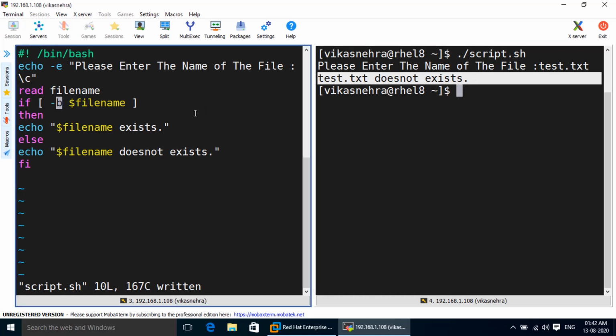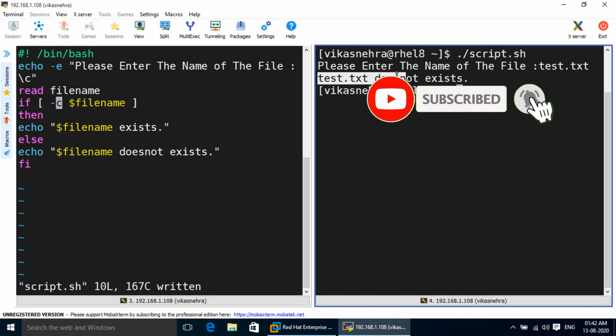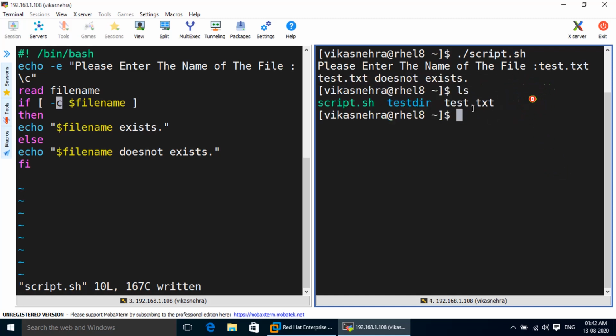But if we use any other option, like -c, that is used for the character special file, and then again execute the script and mention the name as test.txt, then it will again show test.txt does not exist, and you can see that test.txt is there. Why is it showing like this?